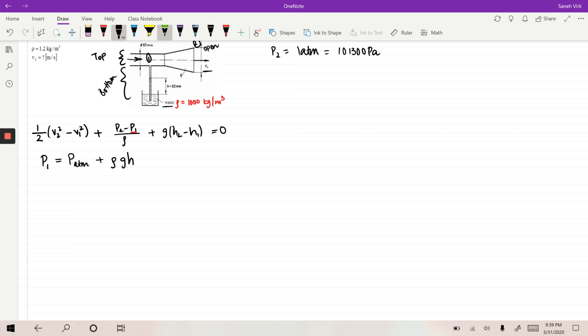Here, I'm going to underline the rho with red so that we know that we're talking about this rho right here. So we already know the atmospheric is 101,300, because we want to find it in pascals, plus density, which is 1,000, gravity, that is negative 9.8,